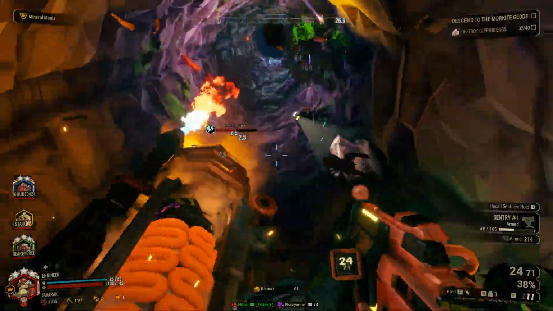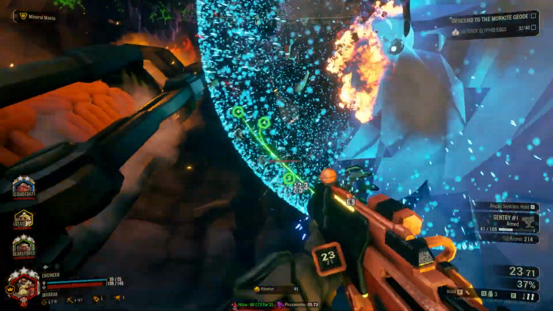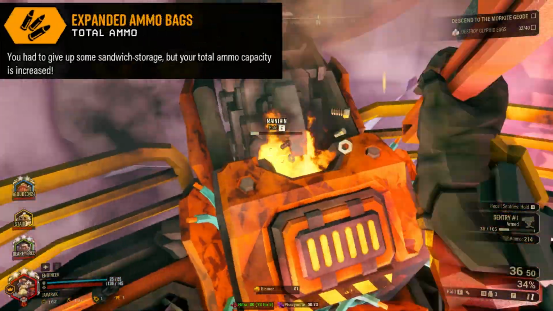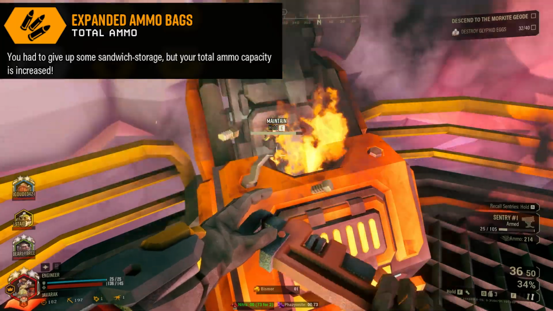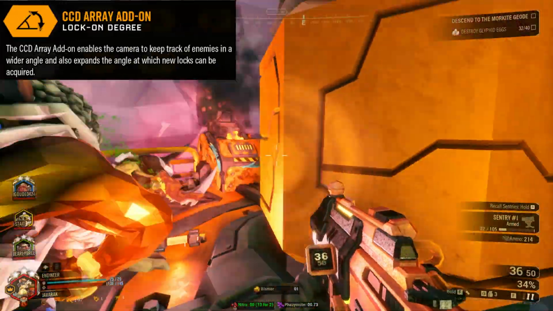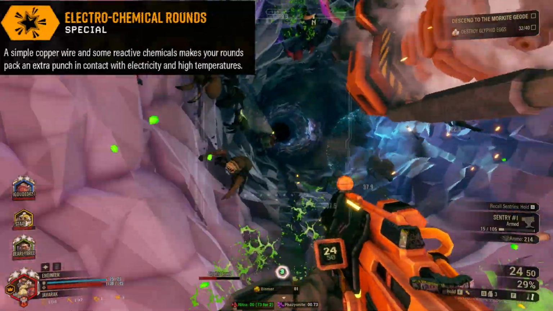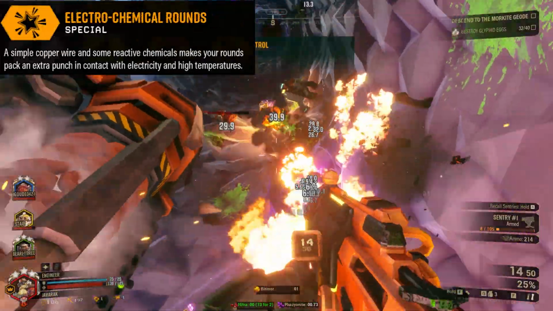Now, to make the Lok-1 rifle a little bit better with this particular overclock, for our upgrades in tier 1, I chose the extra ammo just to help compensate for the overclock a little bit. In the second tier, I took the CCD array just to give us a little bit better acquisition for our locks. In tier 3, I chose the electrochemical rounds because